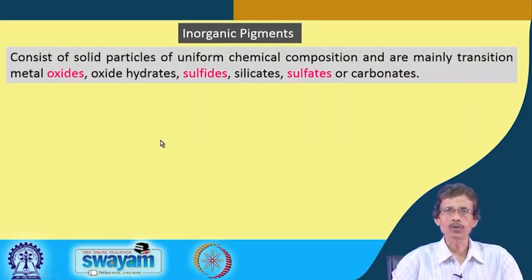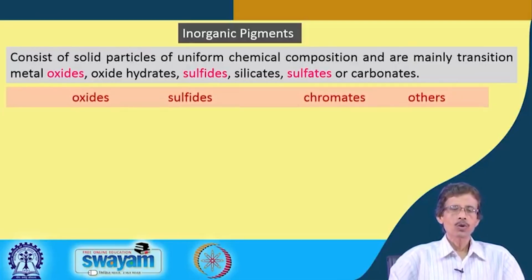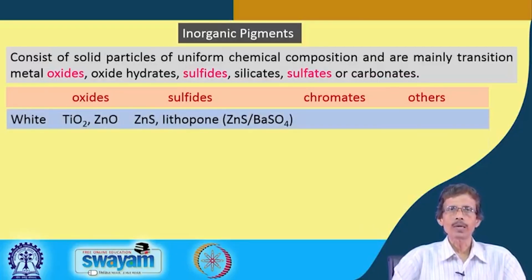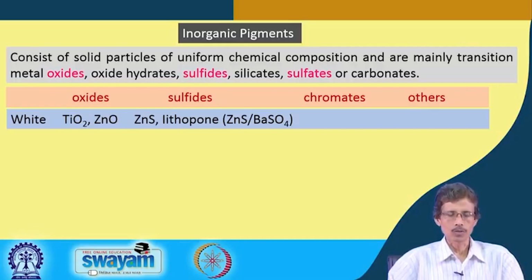Now, we will not go for the isolation of the metal or some other alloys from that, we will just directly use those as the pigment material. If we broadly classify, there are four categories: one is oxide, another is sulfide, another is chromate and the others. Then we will see how we can develop a white coloration out of those. We can have only two types, the oxides are one type and sulfides are one type. Those are mostly available and cheap in availability,